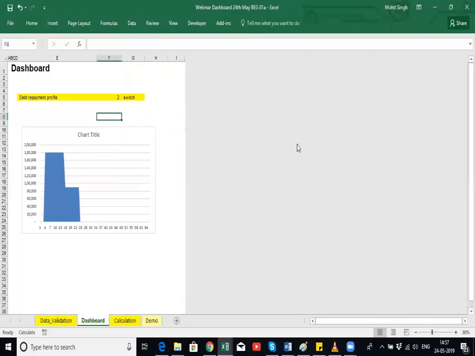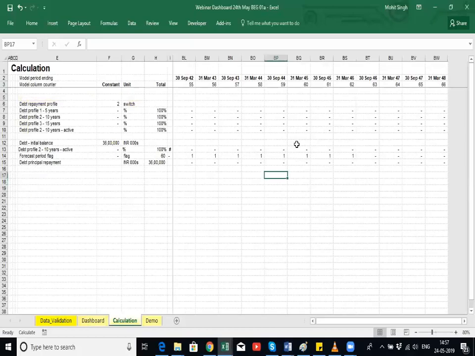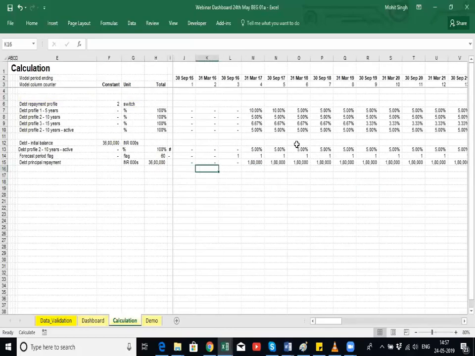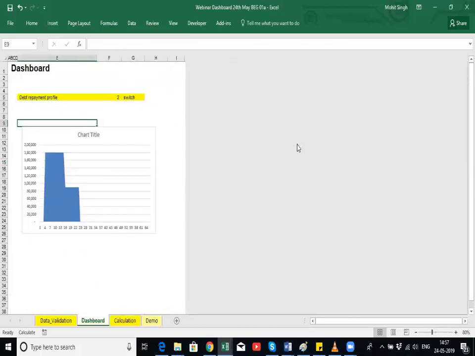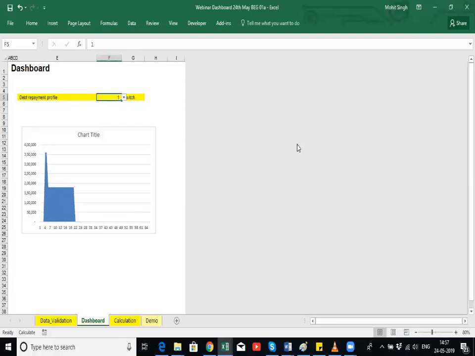So you can see I have restricted the columns of my dashboard until column I. Right, and based on this profile, based on this repayment, I have created a graph which is here. For example, now if I change the repayment profile from 2 to 1, you can see the graph updates. And if I change it to 3, again the graph updates,